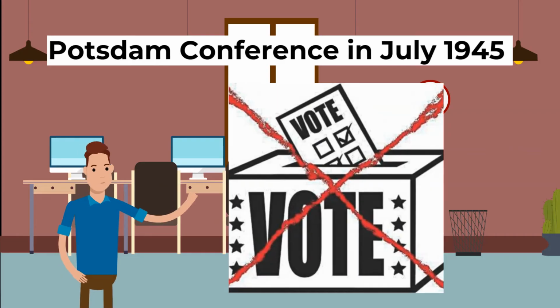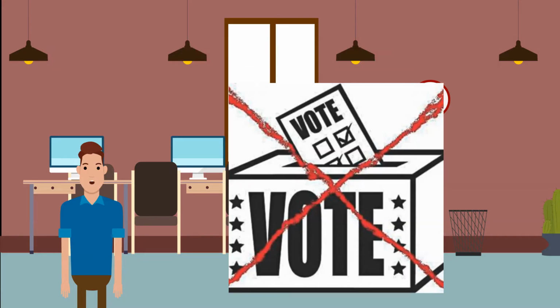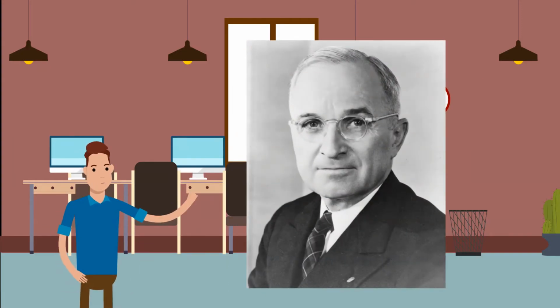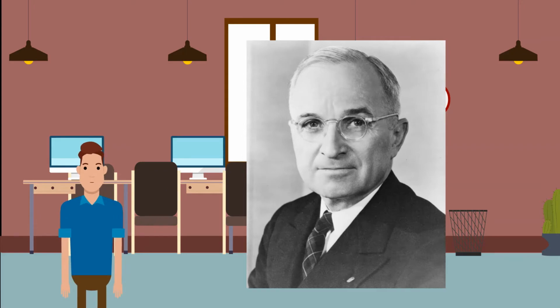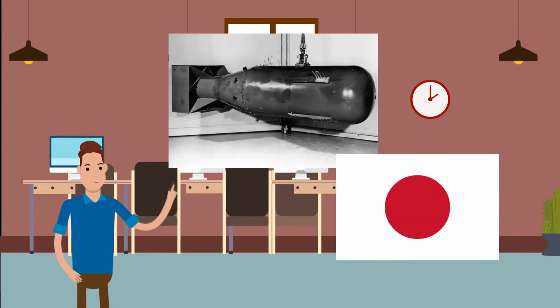It became clear by the Potsdam conference in July 1945 that the Soviets had no intention of holding free and fair elections, and was busy installing communist governments across Eastern Europe. The new American president, Harry Truman, was far more confrontational than his predecessor, Franklin Roosevelt, had been. Safe in the knowledge that America had tested an atomic bomb, so no longer needed Russia's help in defeating Japan, Truman was hostile towards Stalin. The seeds of the Cold War rivalry had been sown.